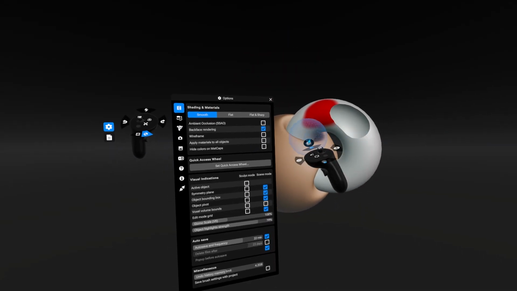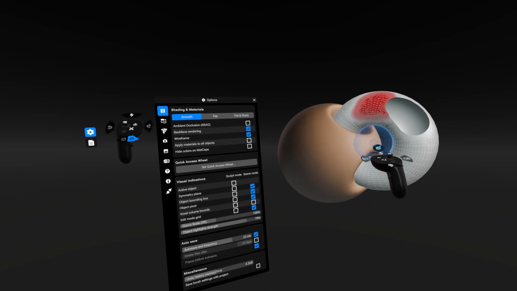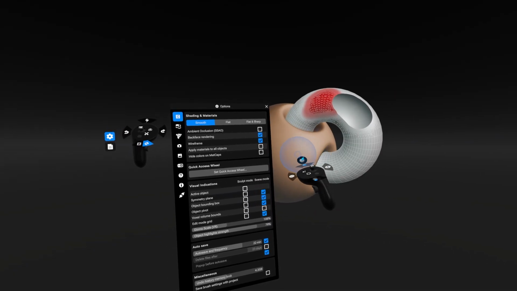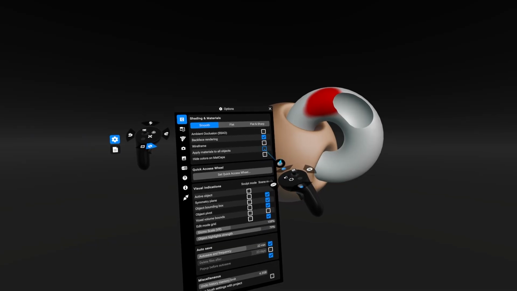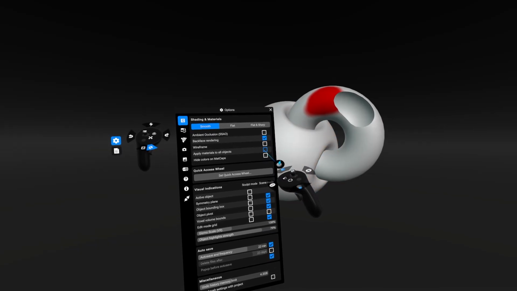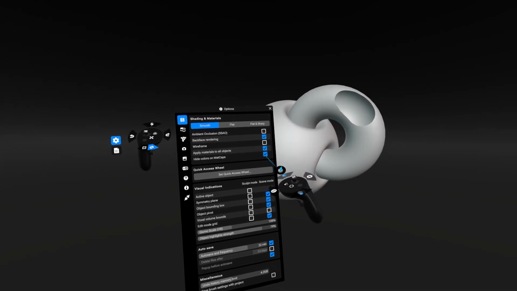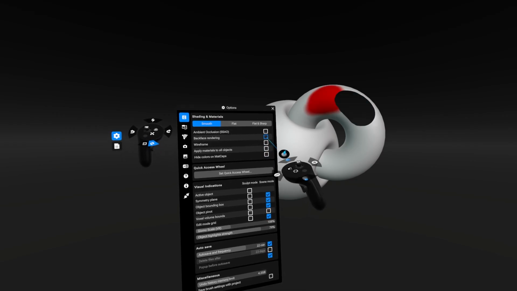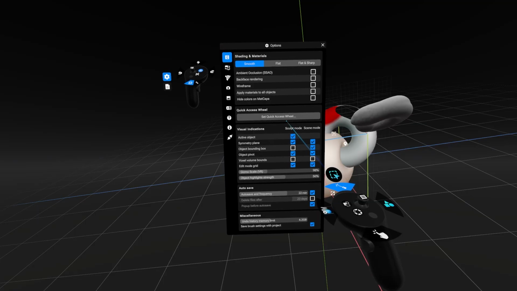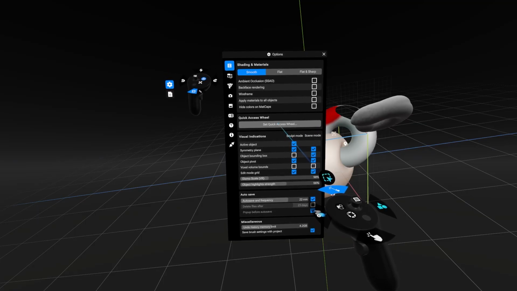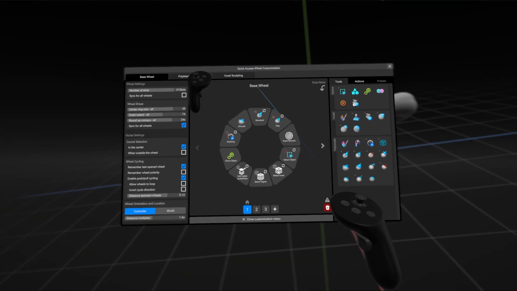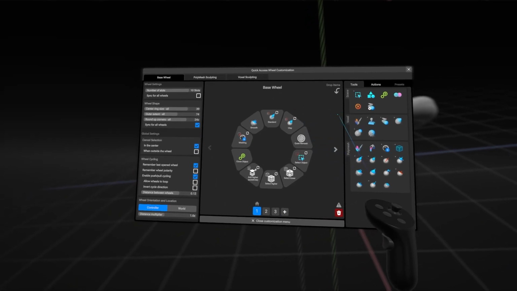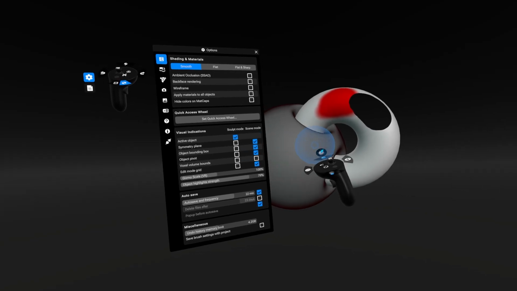You can turn wireframe on or off, choose whether materials apply to all objects or only selected ones, and optionally hide painted colors when using matcap materials. You can open the Quick Access Wheel configuration directly from here, allowing you to customize your radial menu for faster tool switching. You can highlight the active object,